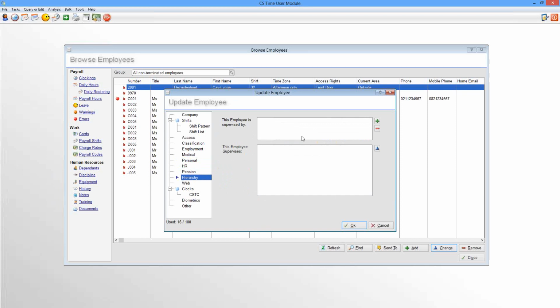a little tree where you can say, okay, fine, this guy supervises the following employees if he is a supervisor, or if this is an employee, he is supervised by a supervisor or manager, or whatever. So you would set up a tree according to who he falls under, or who falls under him, type of thing. And this is basically used if you're using the web interface,